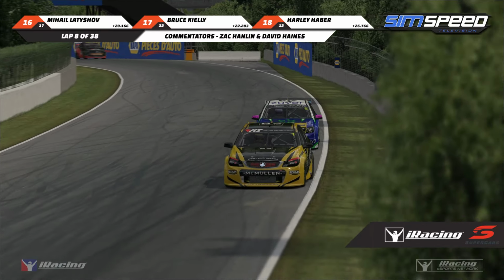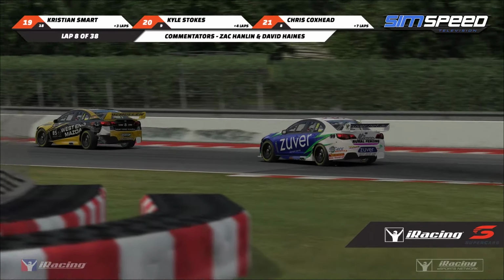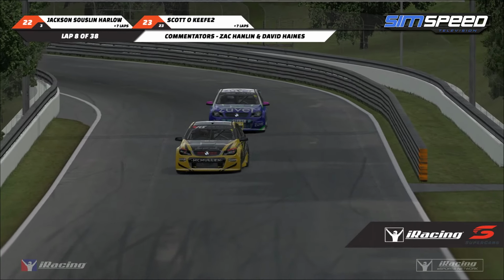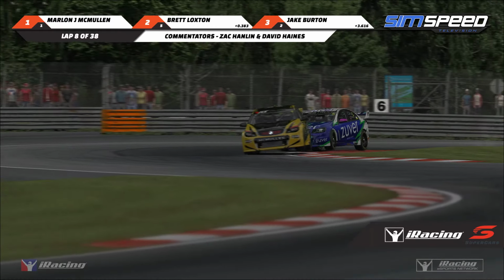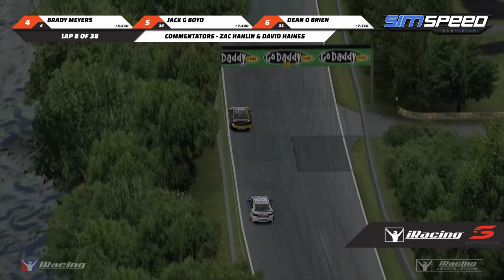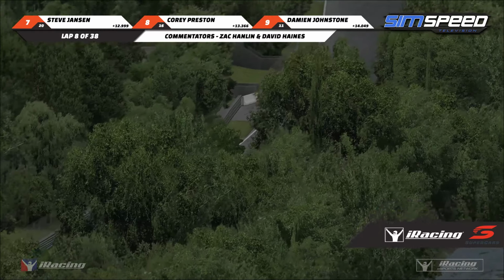Up at the front of the field though, it is still a bit of a stalemate between these two guys, Marlon McMullen and Brett Loxton. Two very experienced drivers in these V8 supercars, although Brett probably deserves to have one of these official series titles under his name, but has yet to do so. Definitely putting in a good effort now to try and change that as he chases down the several time series